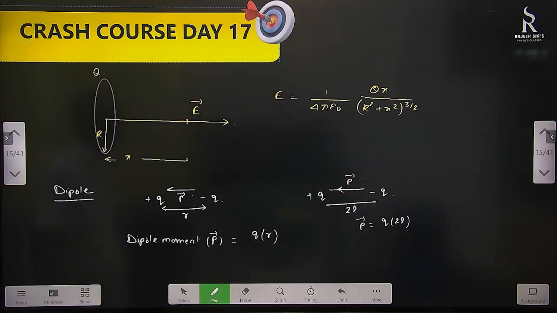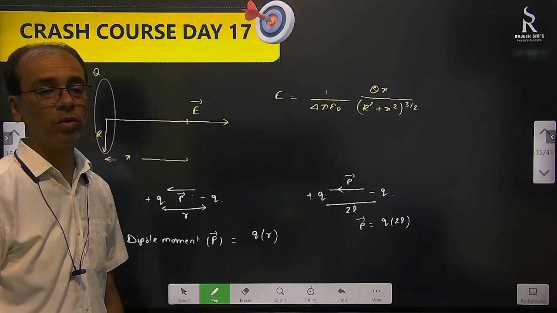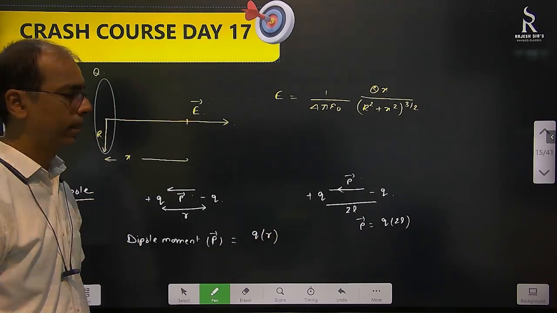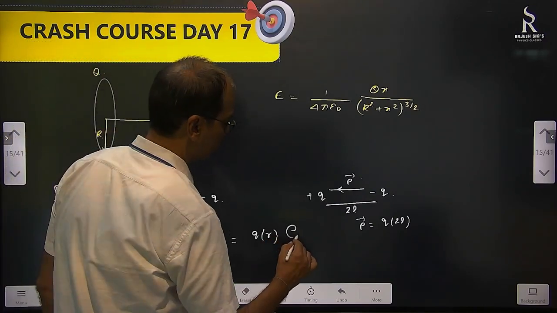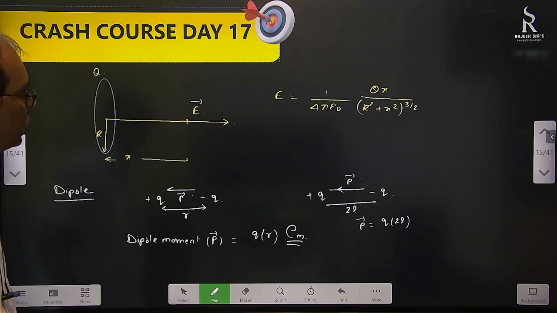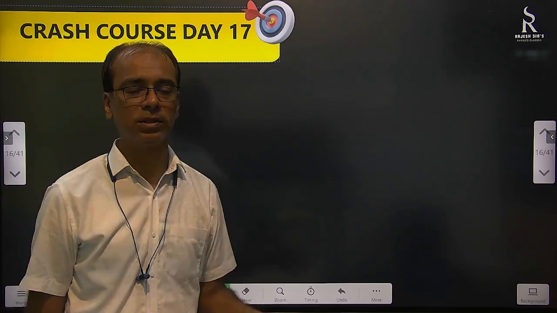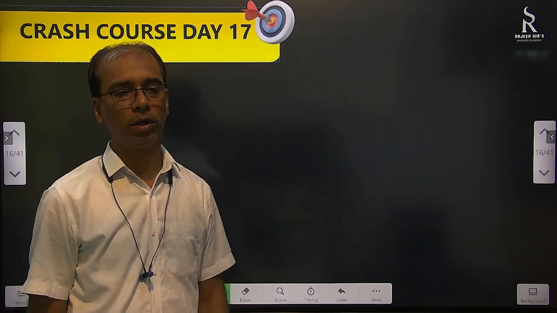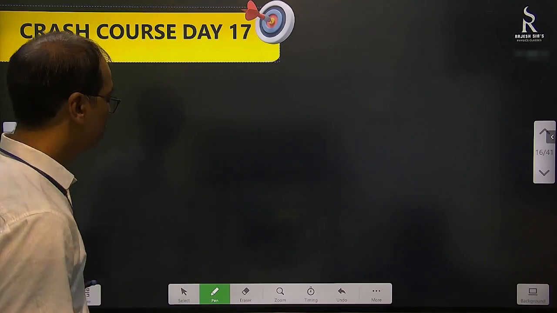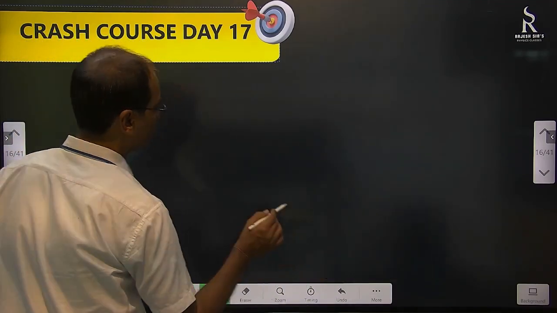This is called the dipole moment. It's a vector quantity, and I have marked it as a vector. Unit is coulomb meter. In a dipole, we find the electric field along the axis and on the equatorial plane. So, electric field along the axis of the dipole. If we take a dipole here,